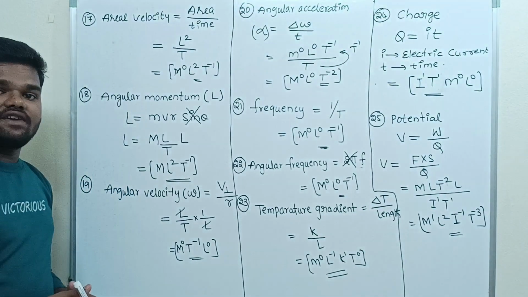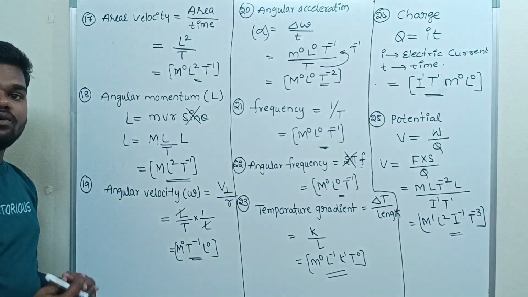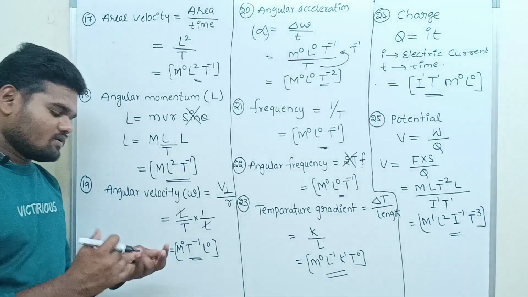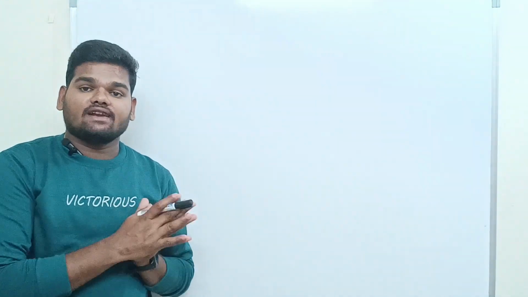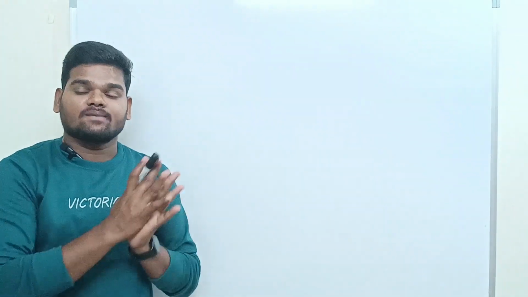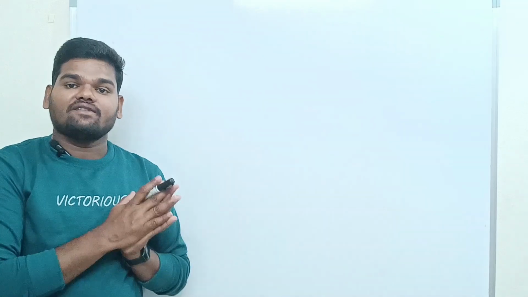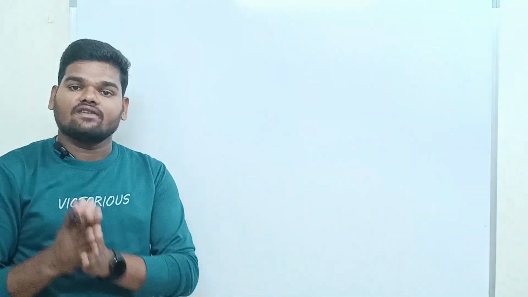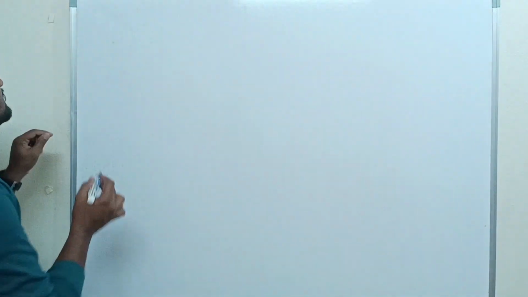Right. So pause the video and write the notes. 3, 2, 1, go. Okay, right. I hope that you understood how to write the dimensional formulas for given physical quantities. If you know the formula of a given physical quantity, then you can easily write the dimensional formula of whatever physical quantity they give. So the next concept is